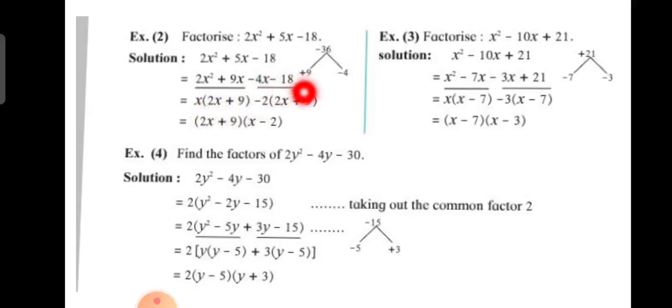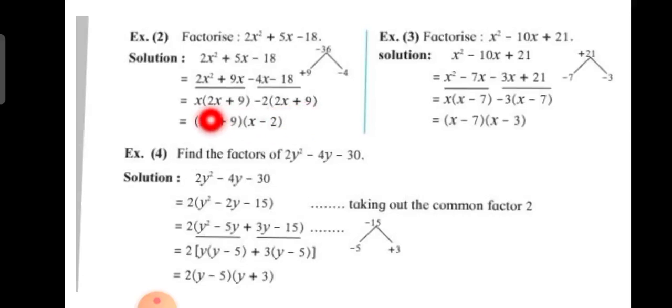Minus, out of 4 and 18, again 18 cannot be divided by 4. So the common factor for 4 and 18 is 2. Therefore, here minus sign is there, so minus. Now 2 is the common factor, so 2 2s are 4, 2x will remain here. Because of this minus sign, this minus 18, this minus sign will become plus, and 2 9s are 18, so